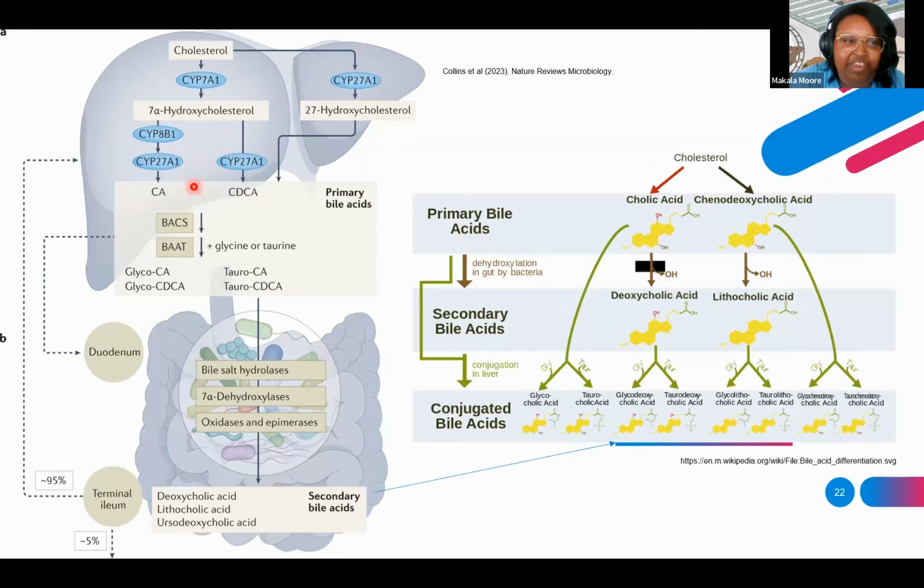But very briefly, cholesterol is converted in the liver to these primary bile acids, and then the liver adds either glycine or taurine to them. That is then stored in the gallbladder as bile salts and excreted into the duodenum, which is the beginning of the small intestine. It's mostly unchanged through the small intestines. And then by the end of the small intestines, most of that is reabsorbed and goes back into the liver and is recycled. But some of that gets past the small intestine and goes into the colon, where microbes can